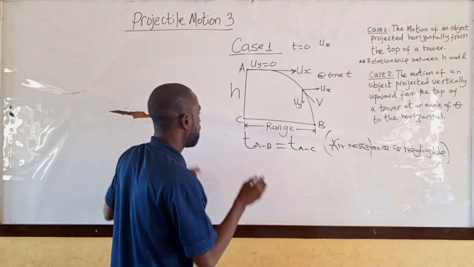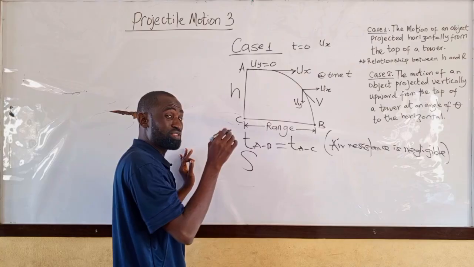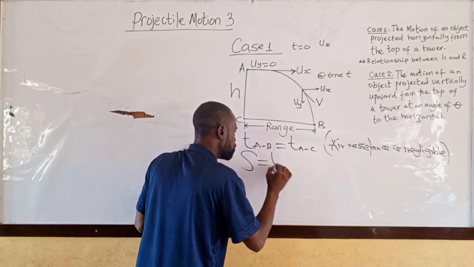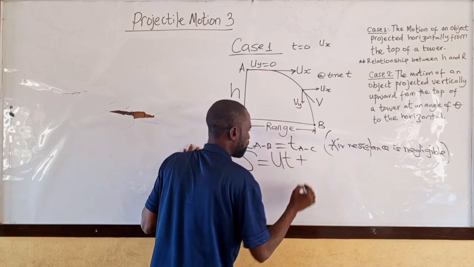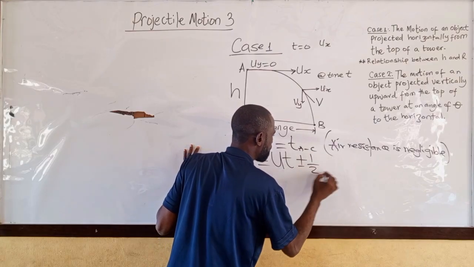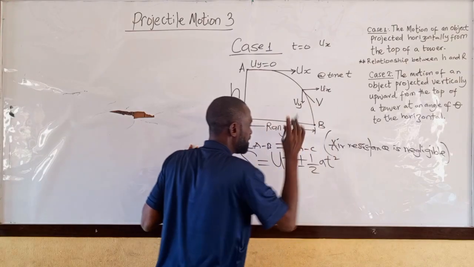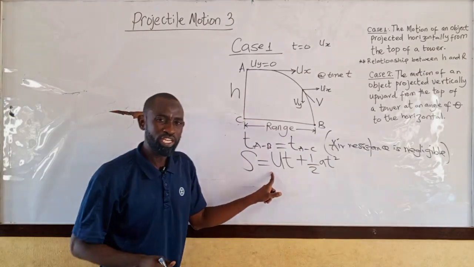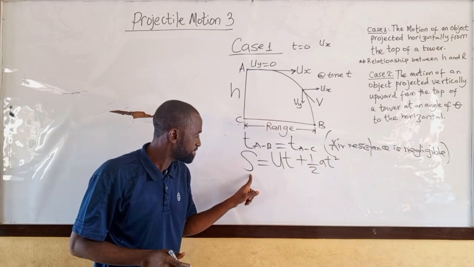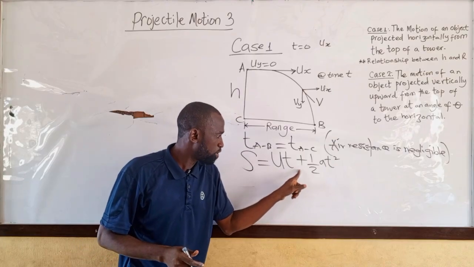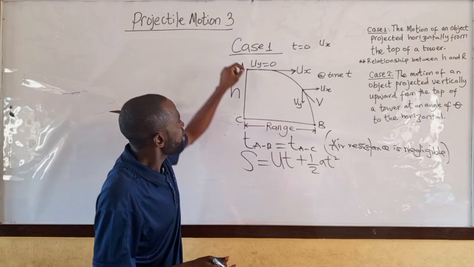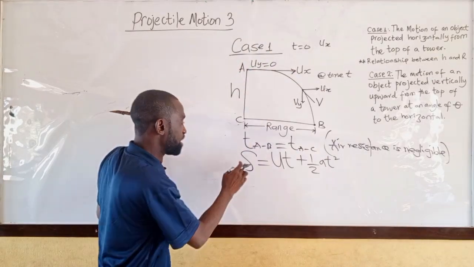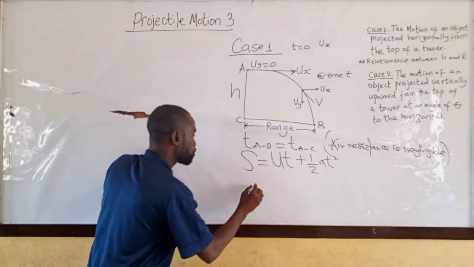Recall that we have our S, which is the displacement or the distance, equal to ut plus half at squared. Remove this sign first. Now, this is one of the equations of motion. Our S is just ut plus half at squared. If we are describing this motion, the motion is in the vertical manner. So this S becomes